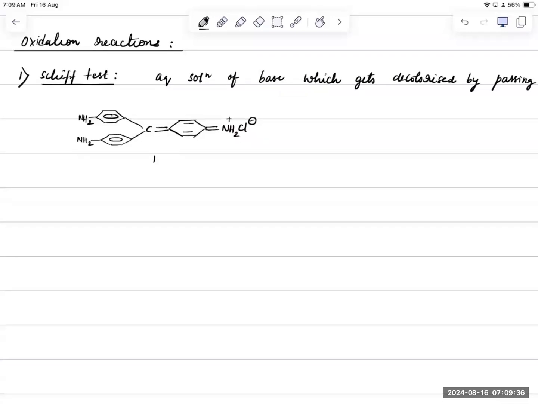Okay, this is called para rosaniline, para rosaniline. Got it? Clear. So generally the color of this solution is pink. Now when you add SO2, it will become colorless. So the same structure would be present for it,